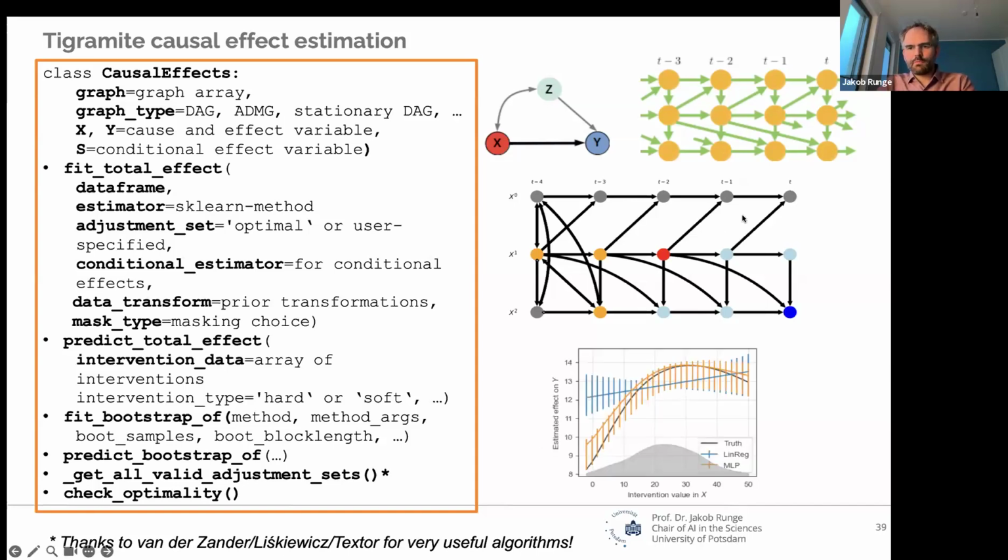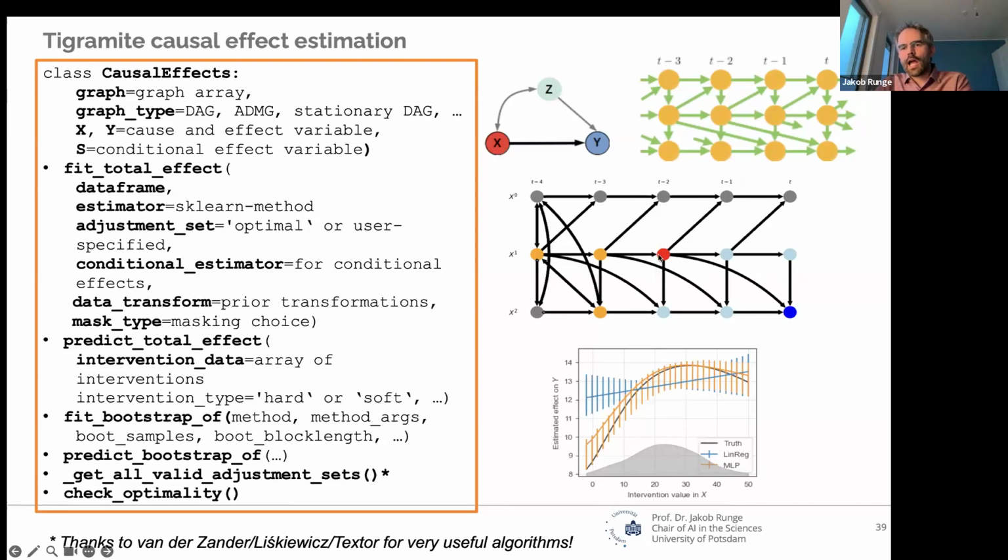So maybe just a plot of non-parametric causal effect estimation. When you give it a time series graph, what internally is computed is a finite projection of a time series graph, which may look like this, and that's then containing these bidirected edges because of the past.